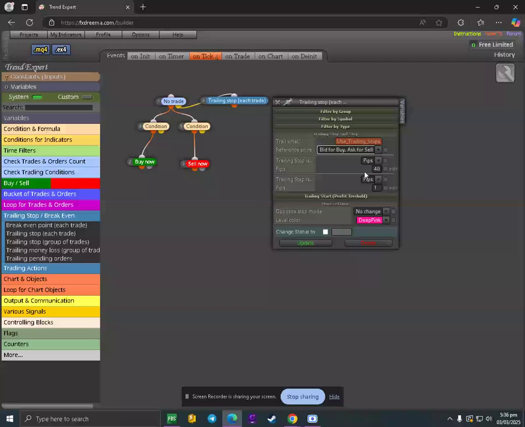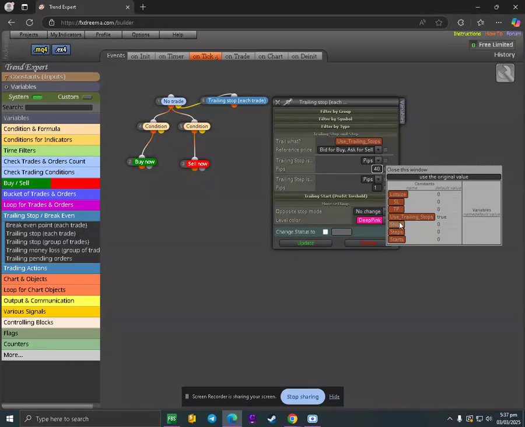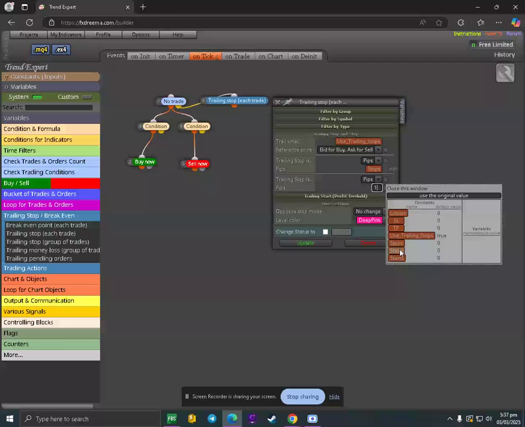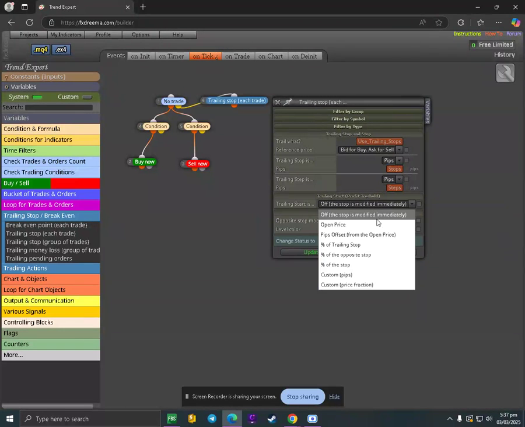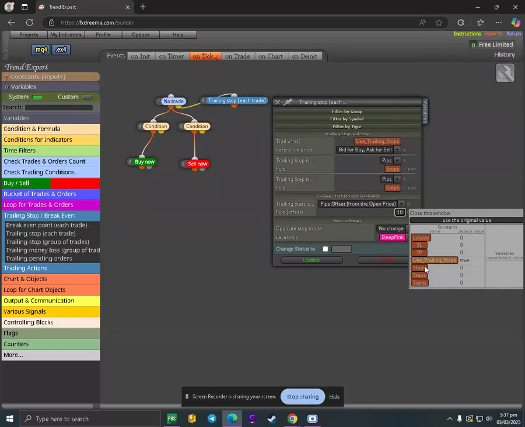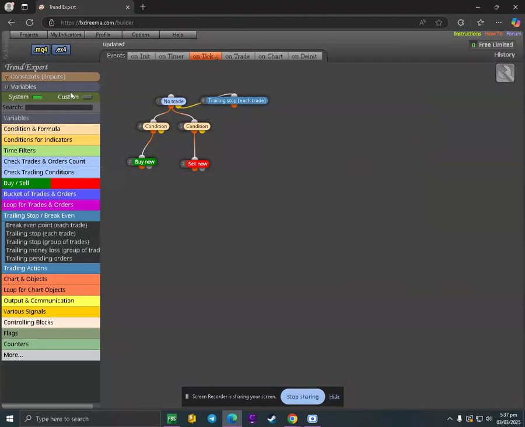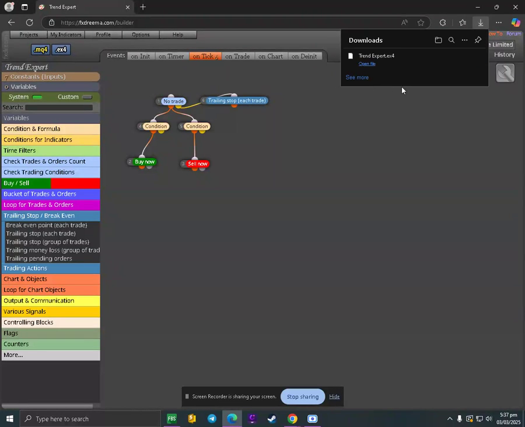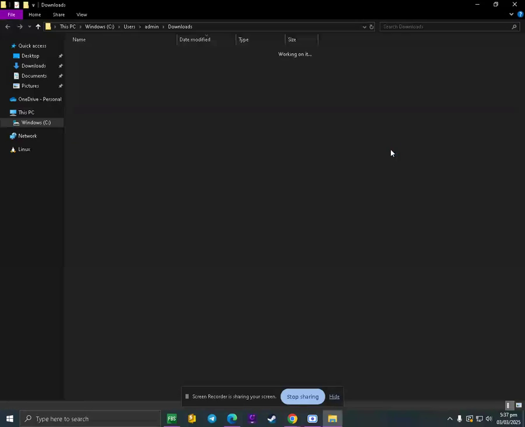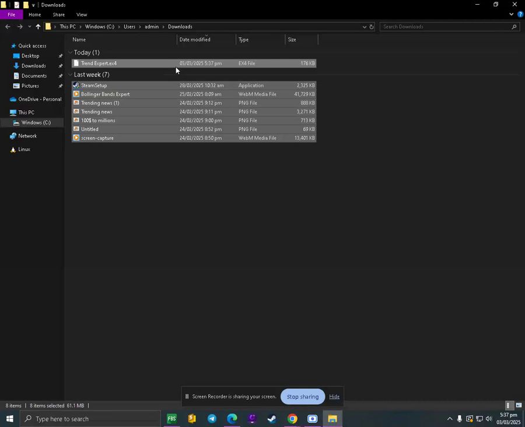It will trail once there's a profit only, because if you use the reverse one, it will move instantly even without profits. This is the pips offset. Just like that, guys. Let's just test this EA. It's very simple.